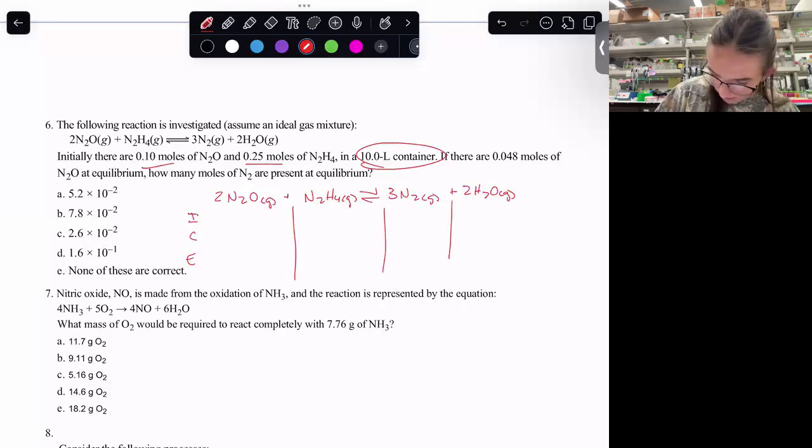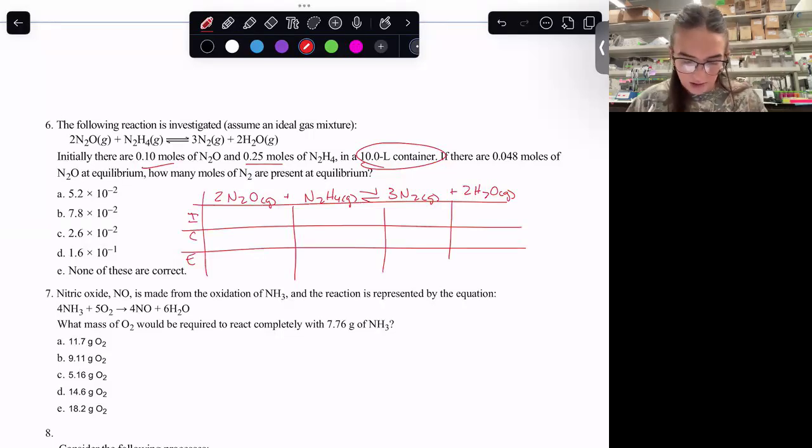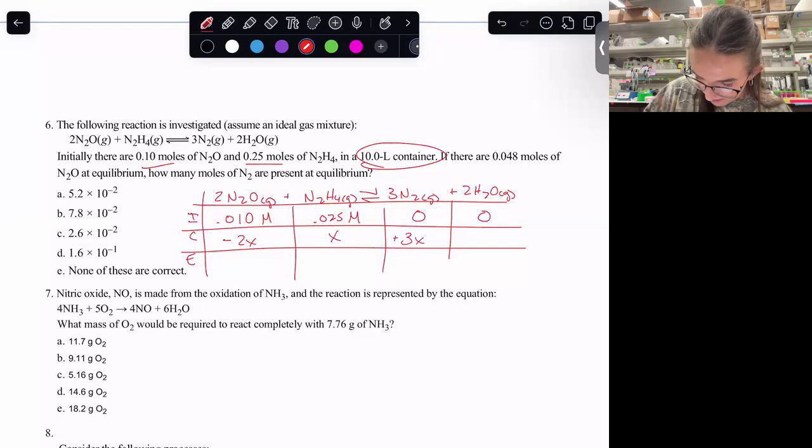If you're starting with 0.1 moles of N2O and 0.25 moles of N2H4 in a 10-liter container, you need to take your moles and divide by 10 first. So you have 0.010 molar here, and you have 0.025 molar here. And then they're saying that you have 0, 0. So if you look at your change, it'll be minus 2x, x, 3x, and plus 2x. And then at equilibrium, we have